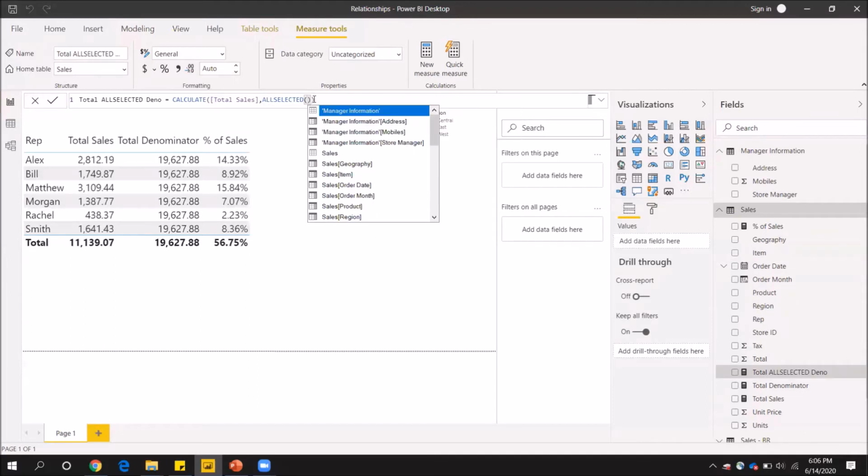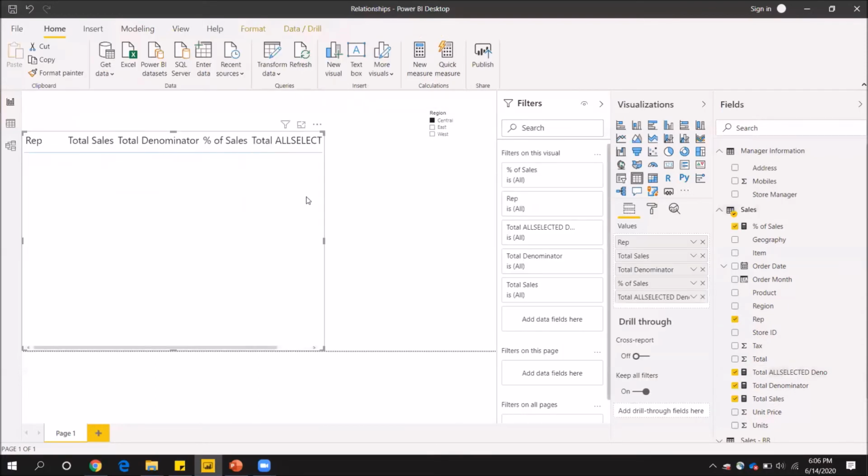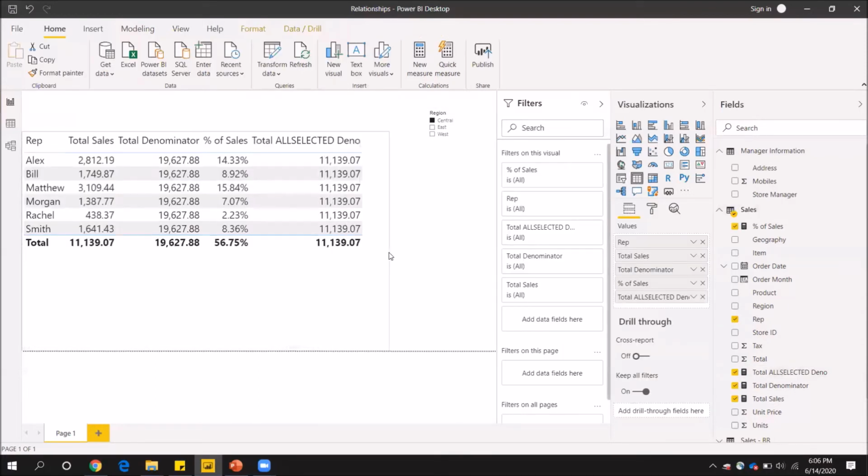Here I will give the Sales table as my argument, because this region filter is coming from the Sales table only, so I have given Sales, which is the name of the table, as my argument, and I just press enter. Now I'm just dragging in the new measure which we just created.